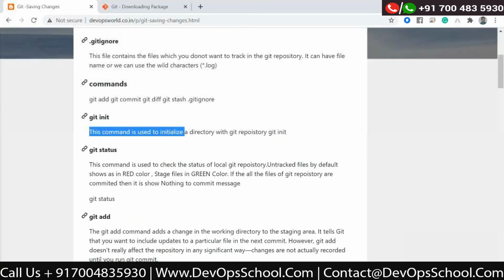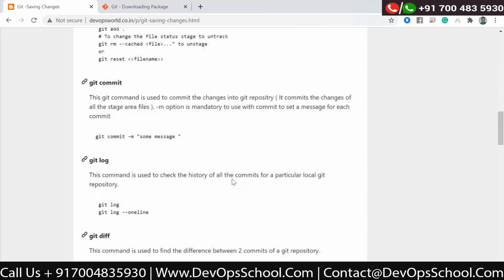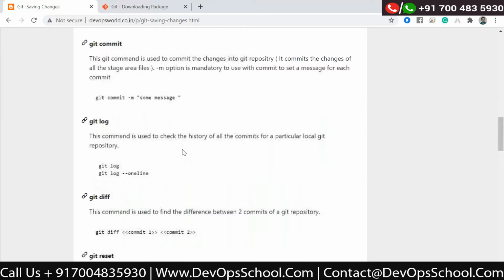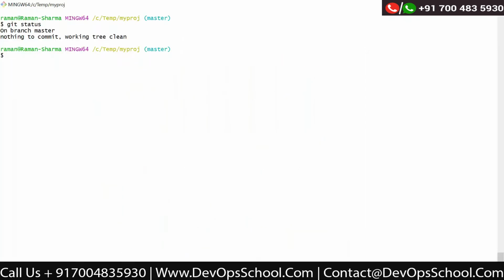Let us discuss a few commands: git commit, git log, git diff, git reset. If time permits, I will show you the GitHub repository part also today. Otherwise, we will discuss it in the next lecture.